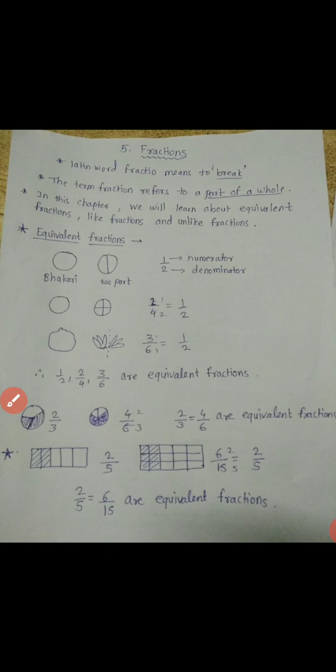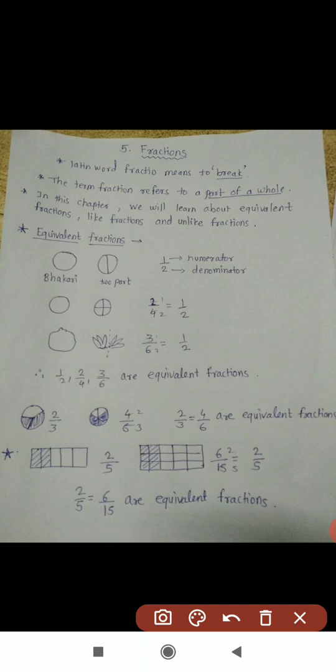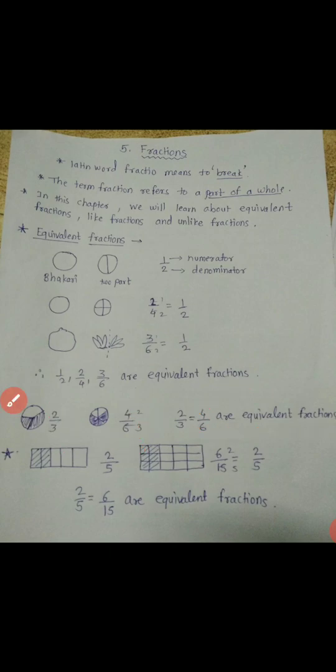So another example, here one circle is there that is divided into 3 parts. Again that is divided into 6 parts. So here there are 2 upon 3 and here 4 upon 6. So 2 upon 3 and 4 upon 6 are the equivalent fractions. Why? Here 2 twos are 4, 2 threes are 6, means that ratio is equivalent fractions.